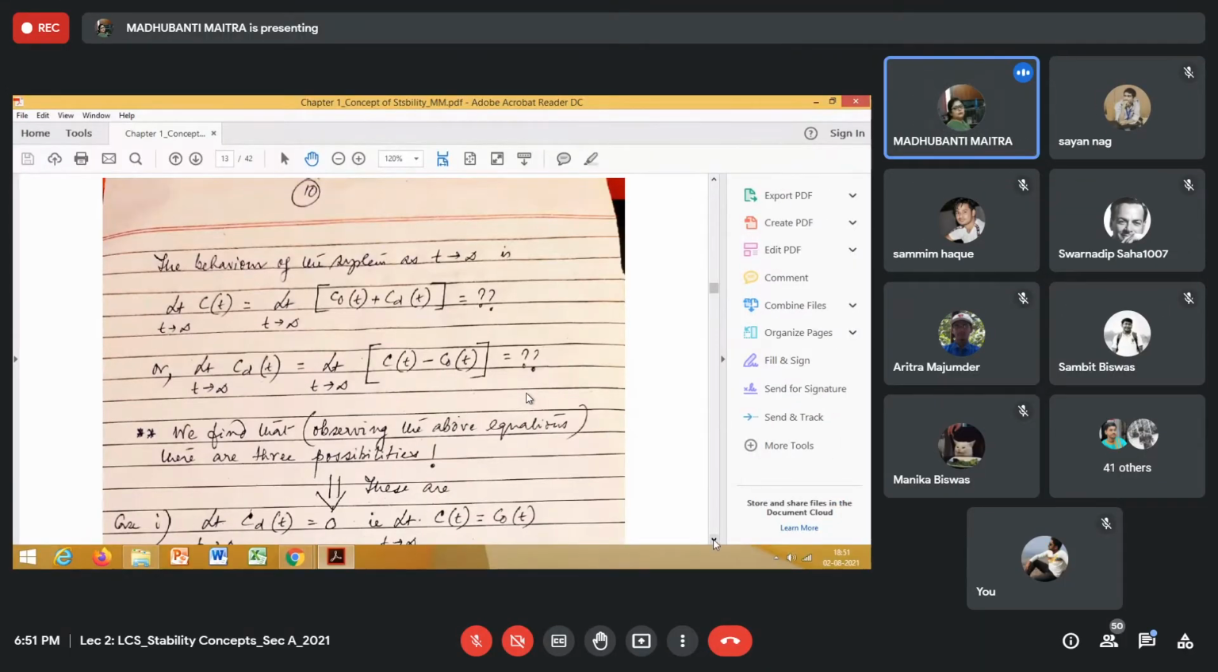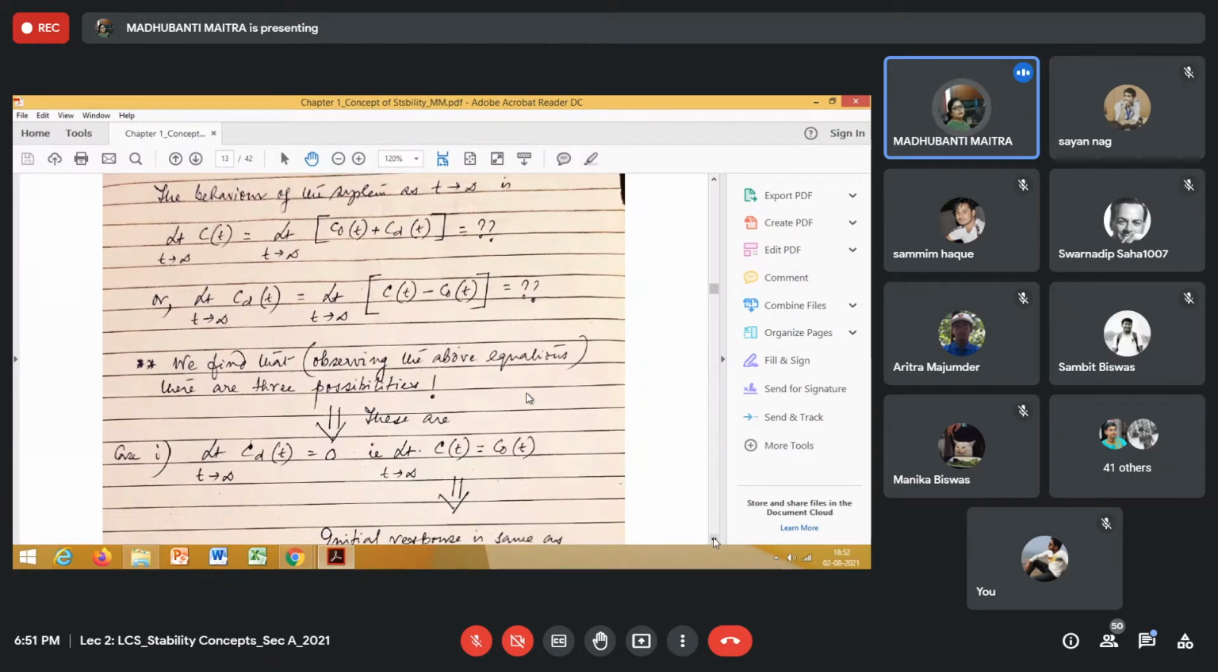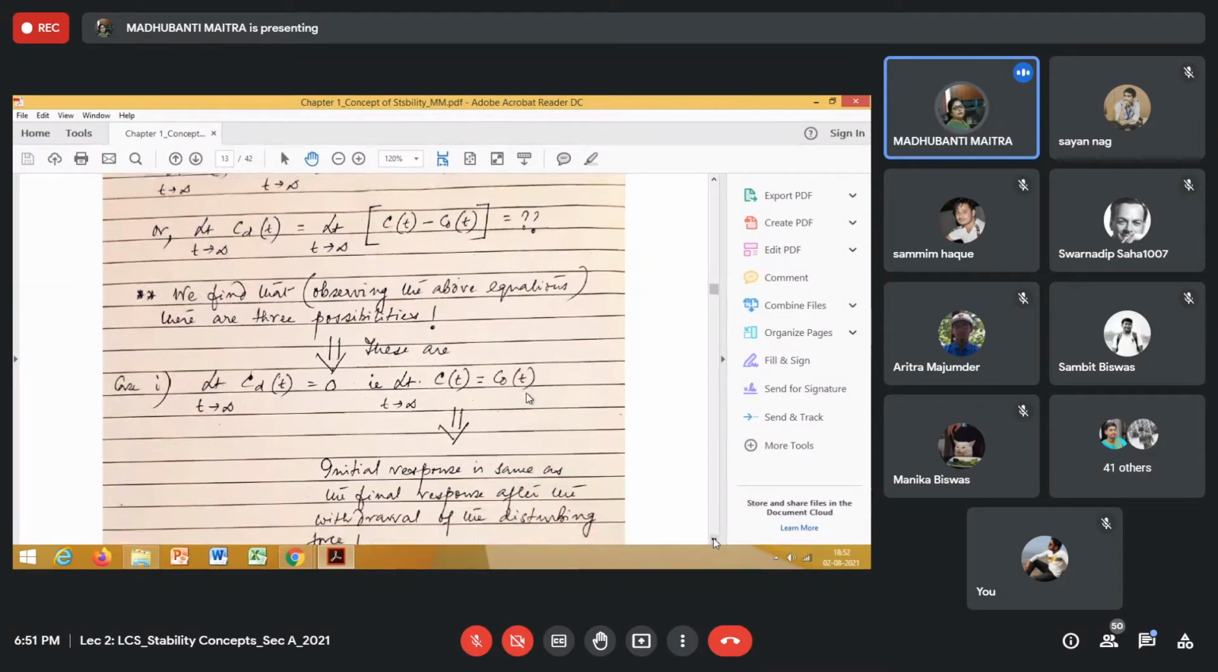So in the last class, we discussed that the stability of the system can be judged by answering this question: what will happen to Cdt, this component of the response, as time t tends to infinity, right? So we'll try to find out a suitable answer for this, and accordingly, we'll try to define stability of a system. Now, there could be three cases. The first case is as time t increases, this